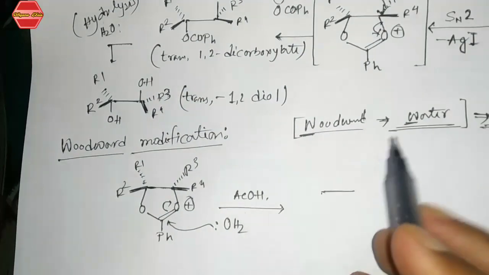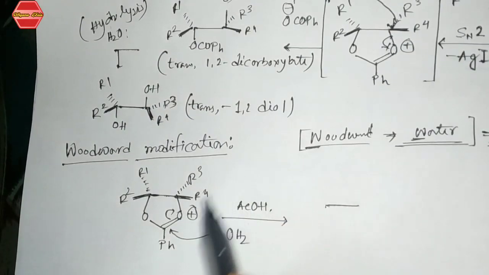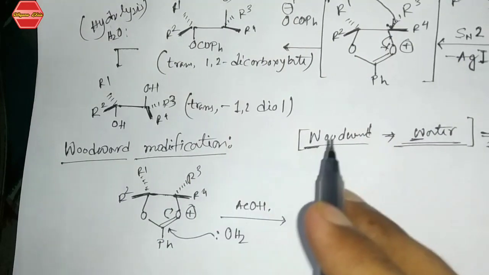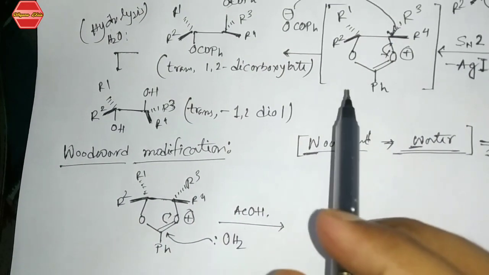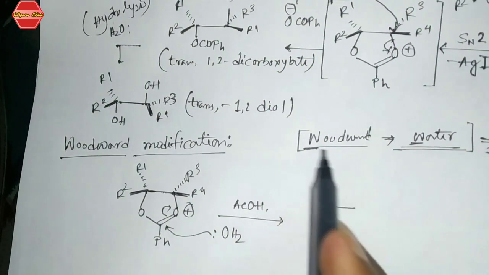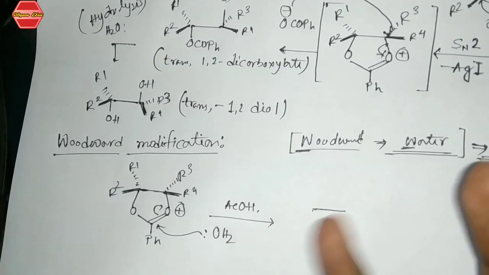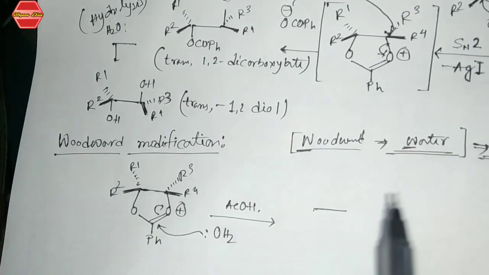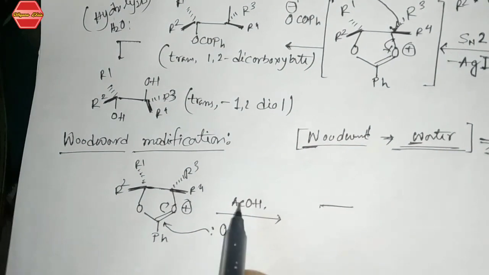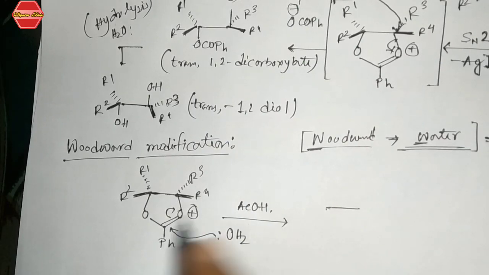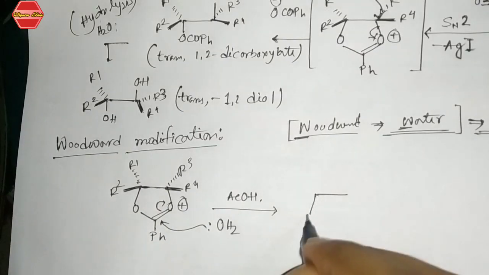center. It is just because we are using a 1:1 amount of this I2 and AgOCOPh, that is 1:1 in the case of the Woodward reaction. So 1 mole has already reacted, and then we get this type of product. There is no more left for this OCOPh to attack, so that is why the next option, the water, directly attacks over here and we get this product.